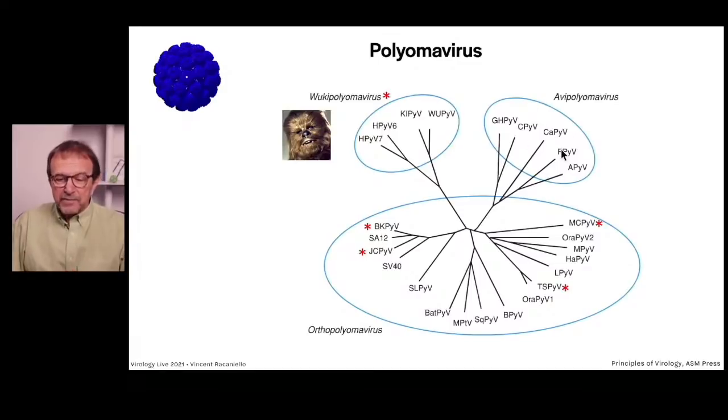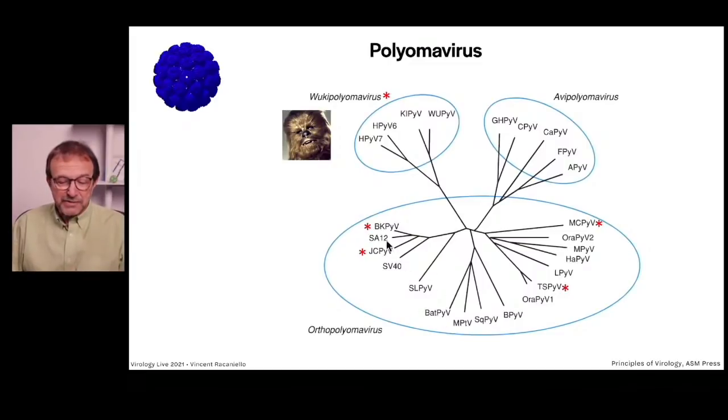And so we have bird polyoma viruses, and we have Wookiee polyoma viruses, which were originally isolated from a Wookiee, apparently. And these are all human viruses. The name actually comes from WU: Washington University, Karolinska Institute, Stockholm, Wookiee, okay? But the polyoma virologists named this genus Wookiee. They could have named it something else, but it's pretty fun, I think. And then human polyoma 6 and 7, less interesting, but those are the humans. And then there's orthopolyoma, which has bat and